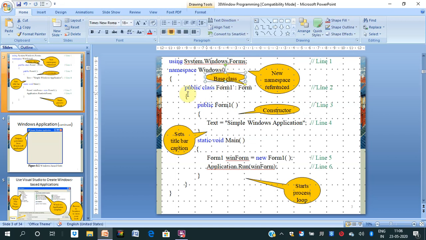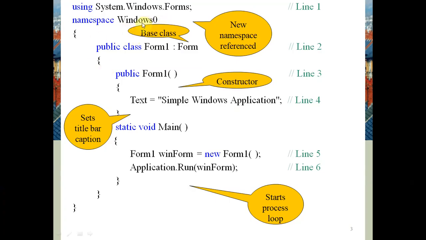Windows programming. In this program you can see we have namespace Windows, and the program will be windows.cs, and this is the base class, and we have to create the form inside the namespace. In case of console programming we write public class1, while in case of Windows programming we'll write public class form1 inherited from the form base class. And inside this form class we have the form constructor, and these are the tags.